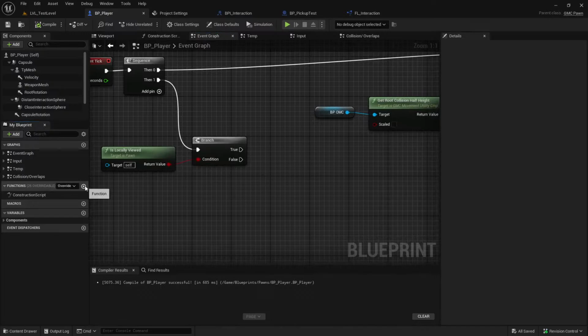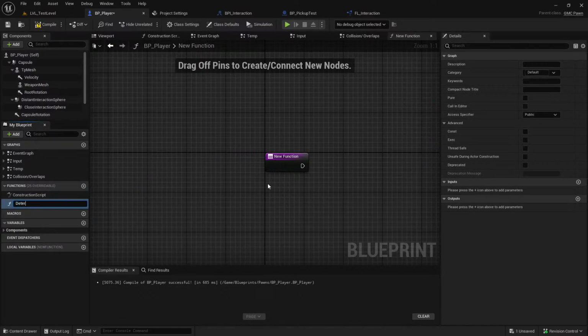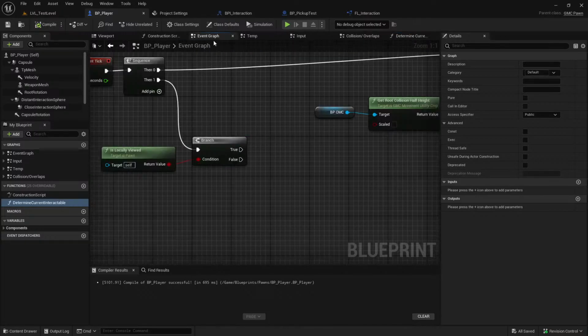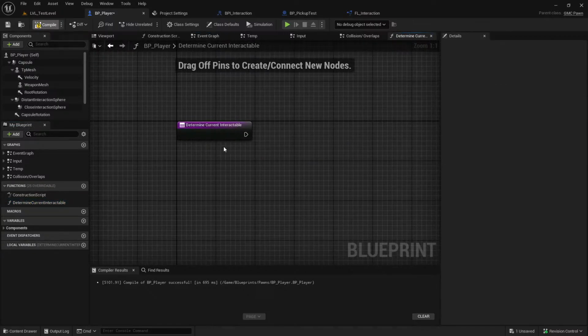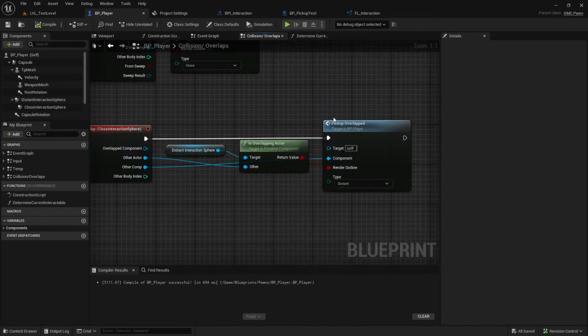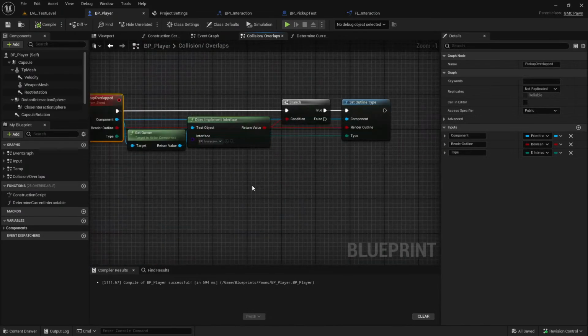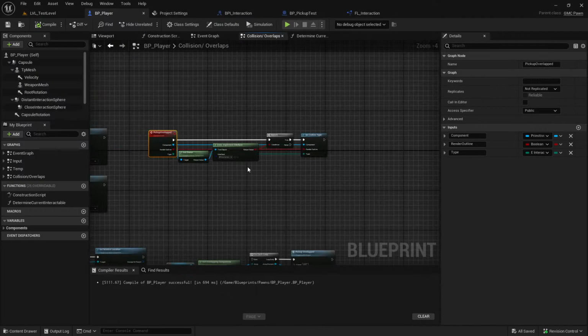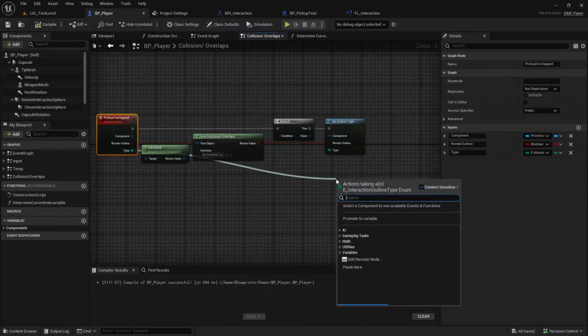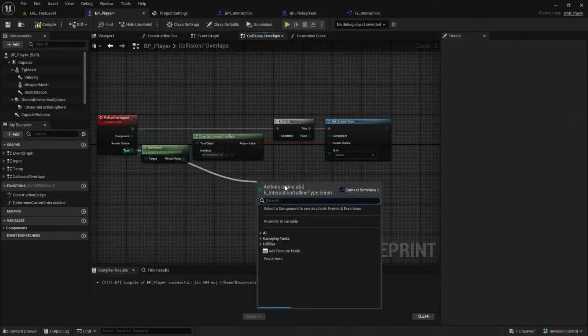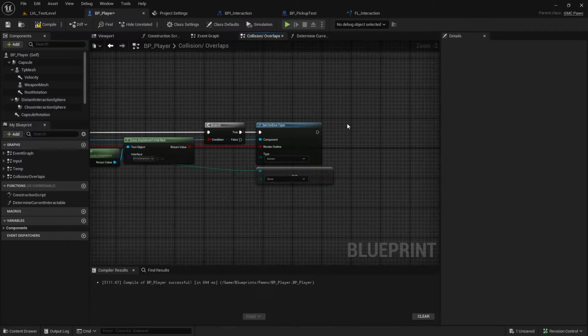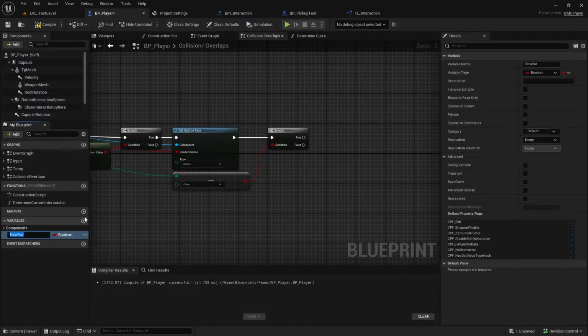So if this is locally viewed, then we want to run our function determine current interactable, and then we want to make sure we call that. Before we do that, we actually need to check in the overlap. If the type is equal to, that is not the one I wanted, that is equal to close, then we want to create a variable list of